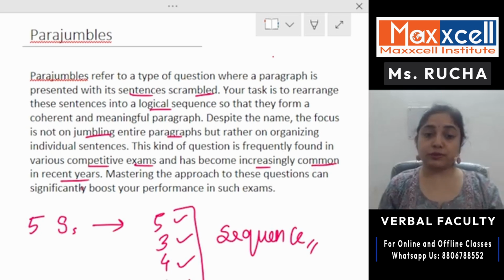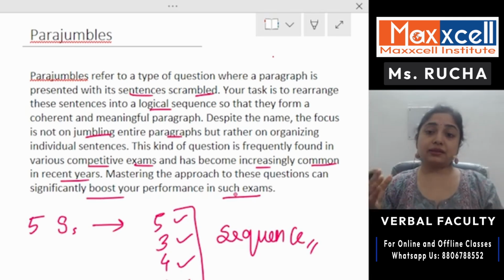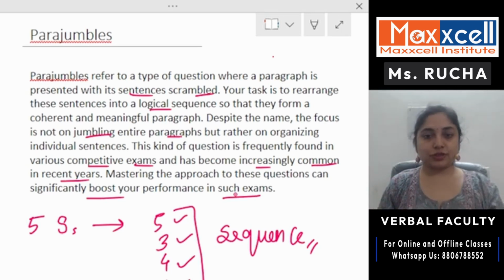Mastering the approach to these questions can significantly boost your performance in such exams. Isn't it obvious? Because the highest number of questions that you get are from RCs, reading comprehension, and Parajumbles. So if you are improving your skills of solving Parajumbles, automatically you will give a good boost to your own scores. So now let us understand it at a deeper level, and let us understand the logic and examples and everything